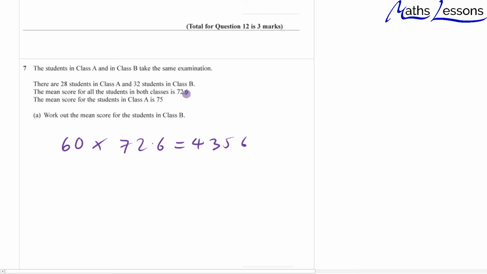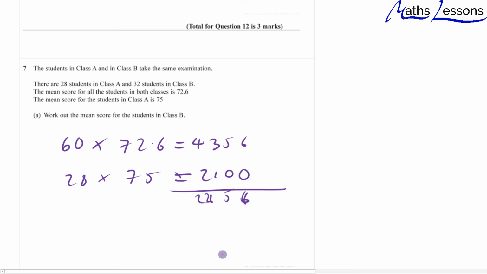Now we know that there's 28 in Class A, so they will score a total of 28 times 75, which gives us 2,100 for them. So if we take that away, that'll give us the marks for the other class. So we get 2,256. So the mean for those students is 2,256 divided by the 32 students in that class, which comes out at